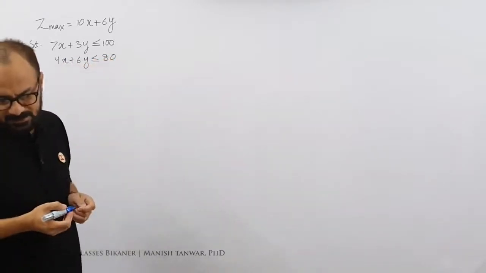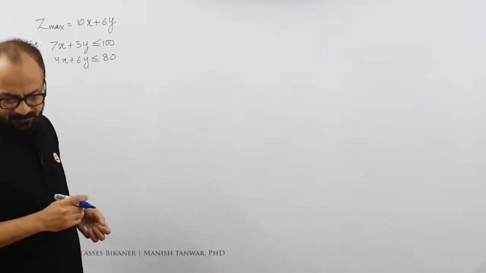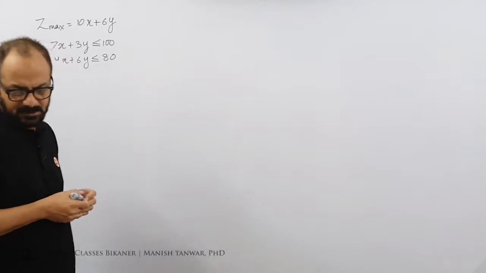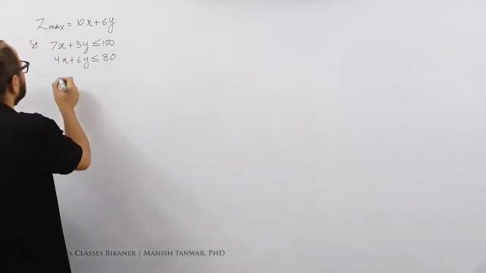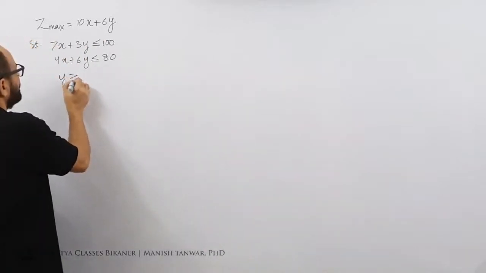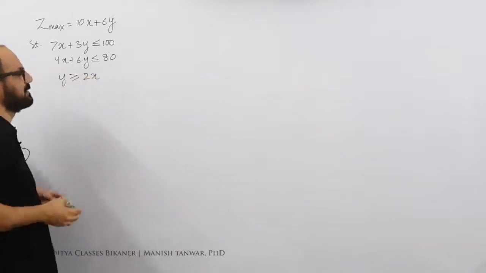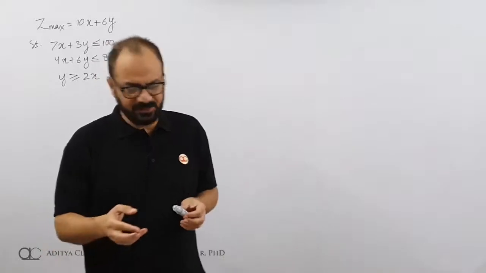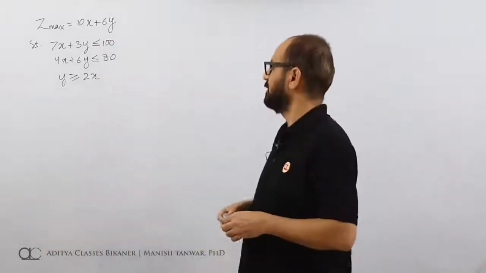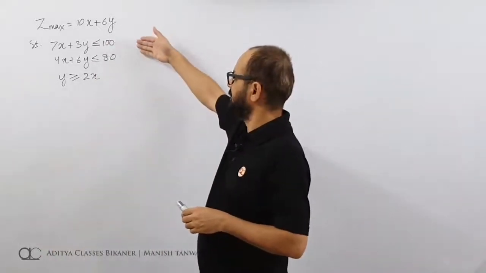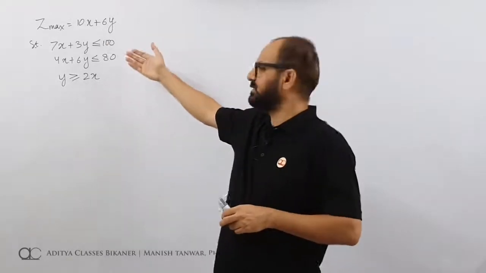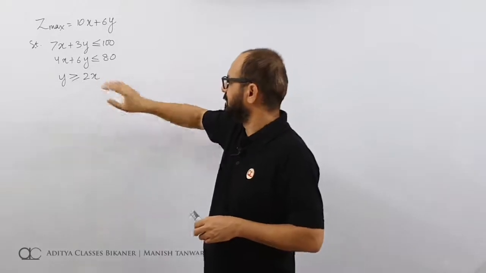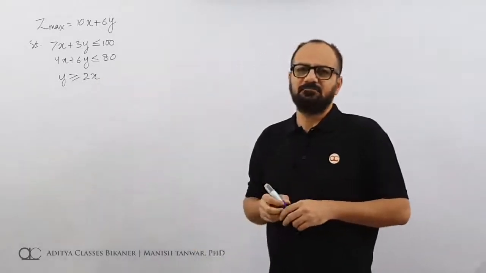Then there is the last constraint, which is a little bit different from what we might have discussed in the past, which says y greater than or equal to 2x. So when we look at these three constraints, we see that the first constraint is of type less than, a straightforward constraint. The second constraint is also of type less than, again straightforward. The third constraint is a bit